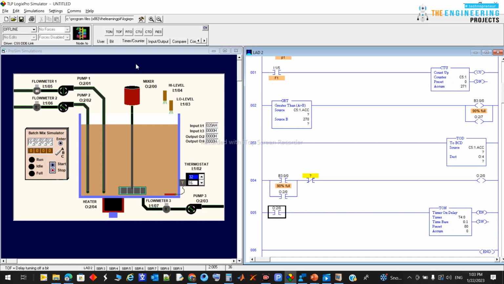So I can add here the stop bit for the timer, which will be T4:0 done bit. It will be stopped, and once this one is stopped, I need to add one